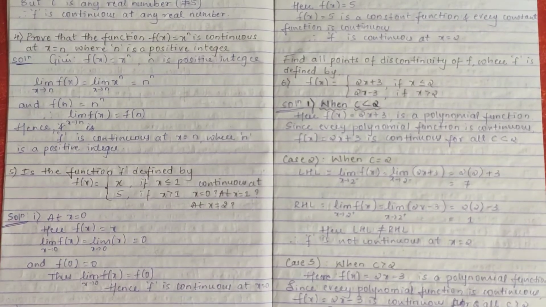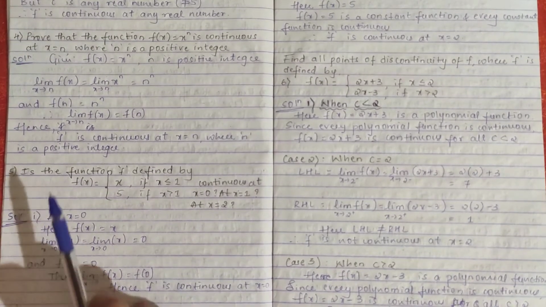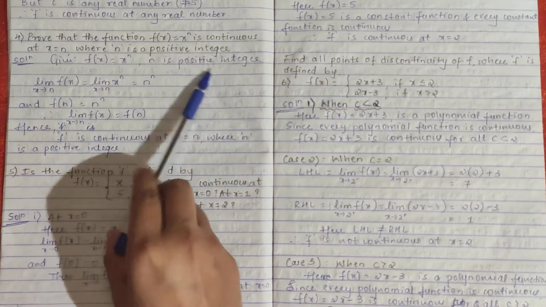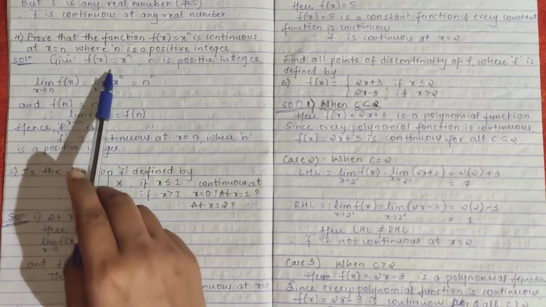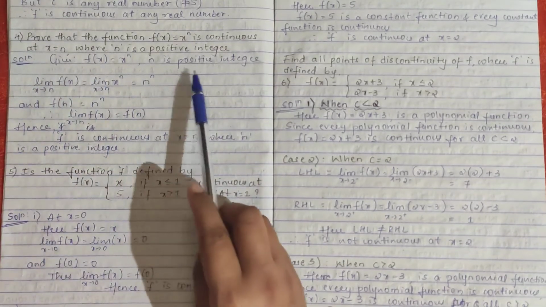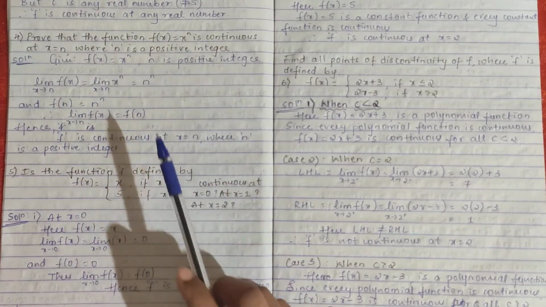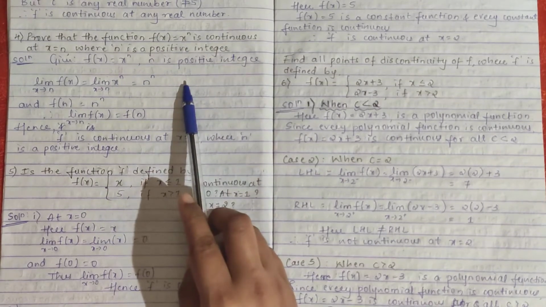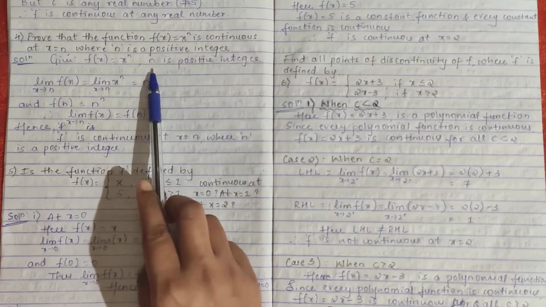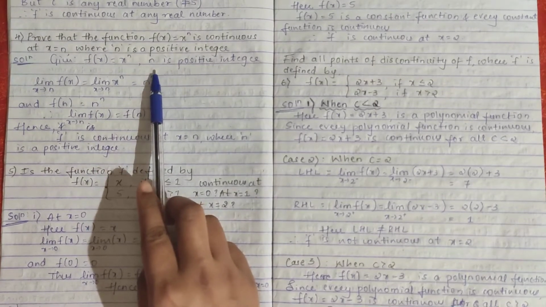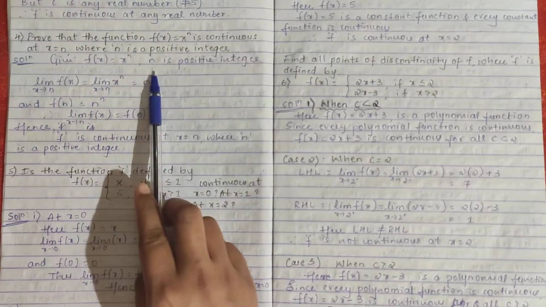So as usual, as you have done in your previous problems, in the same way, here they have given you the point n, where n is a positive integer. So we will see the solution. Given f of x is equal to x to the power n, where n is a positive integer, which we have written. To check continuity, first we apply the limit, and then at the point they have given, n, we check whether both are equal, then we say it is continuous, right?